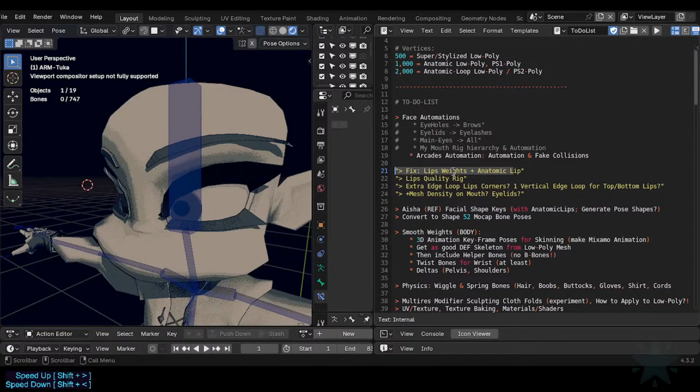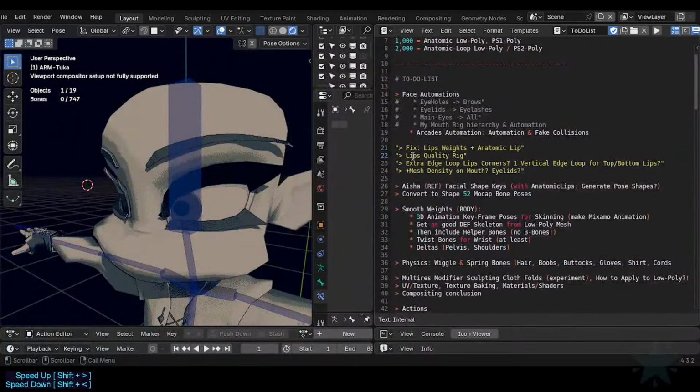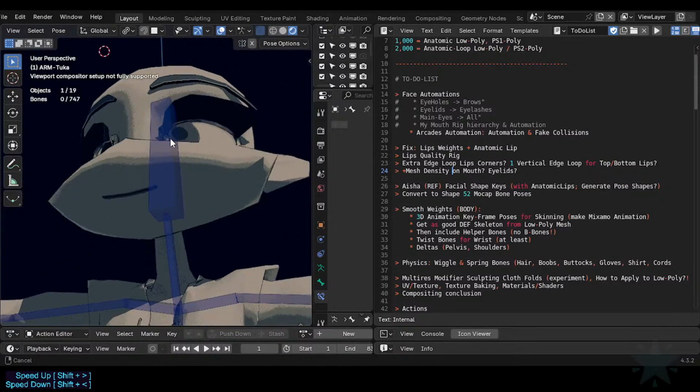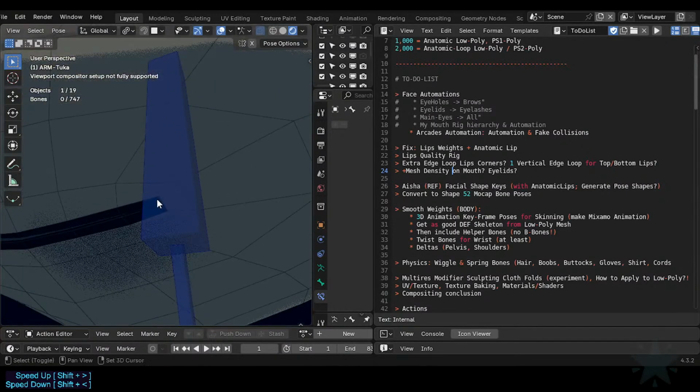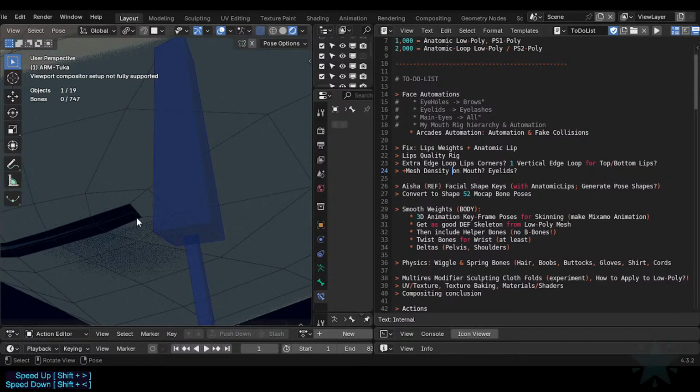Hopefully this didn't destroy everything, but yeah, this is a super waste of time. Lips quality rig: I want to make sure that the things I'm doing for the lips give the mouth enough expression, and for that I'll have to investigate if I will need, for this low poly character, or not, to make